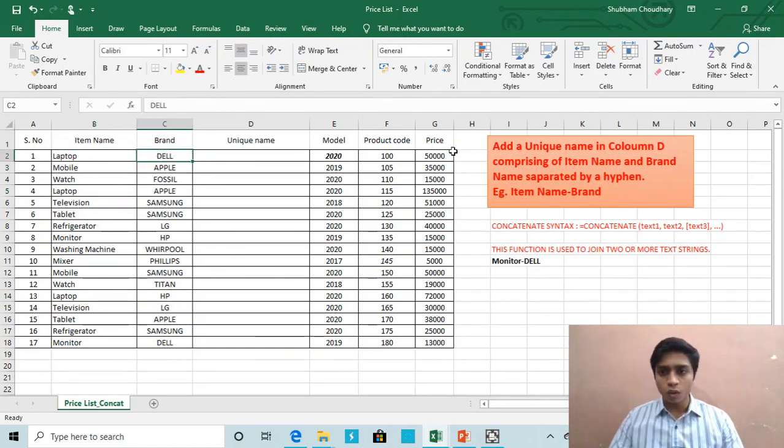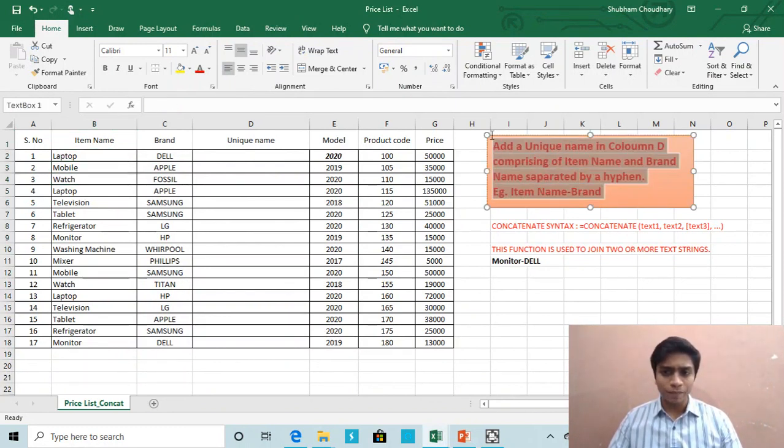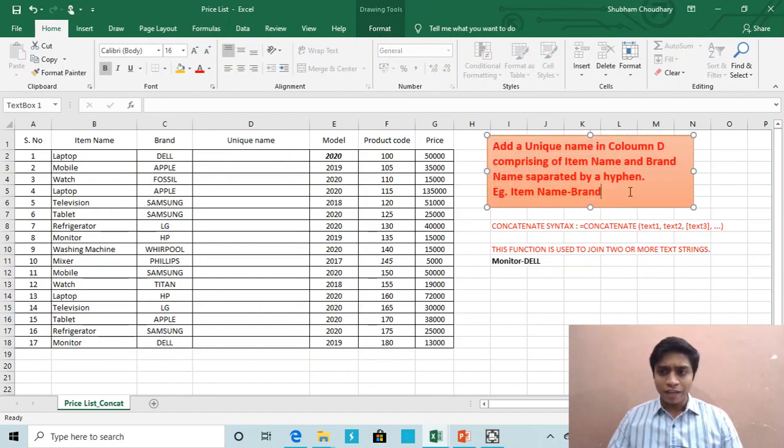So let's go to our question. The question is, add a unique name in column D comprising of item name and brand name separated by a hyphen. So this item name is not unique because there are multiple laptop or multiple mobiles. So we have to create a unique name by comprising of item name and the brand name separated by a hyphen.